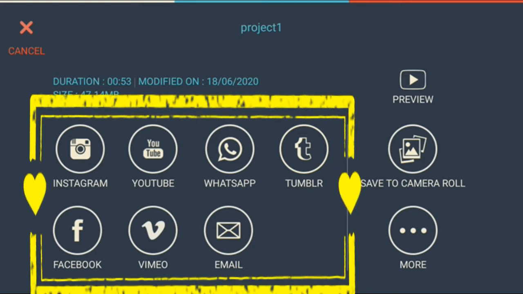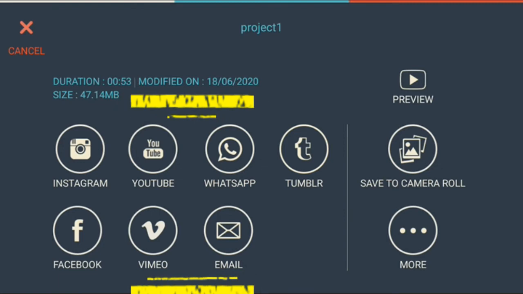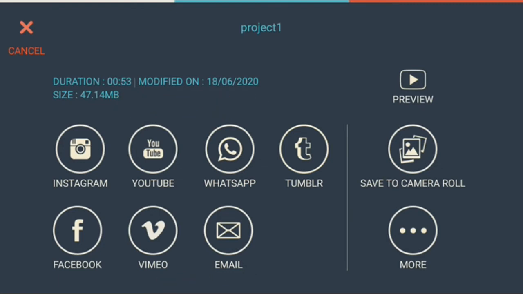You can send it on Instagram, upload on YouTube, send it via WhatsApp, Facebook, Vimeo, email, etc. And the duration of this video is 53 seconds. Modified date and time is shown, and the size of the video file is also displayed on this project window.